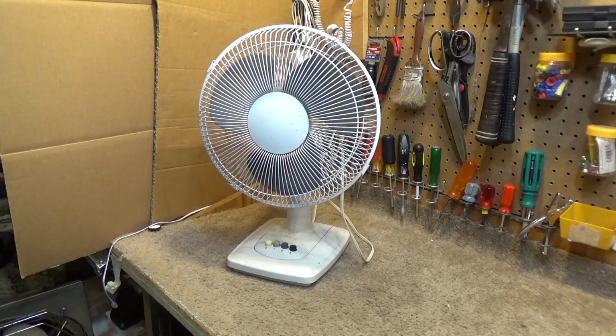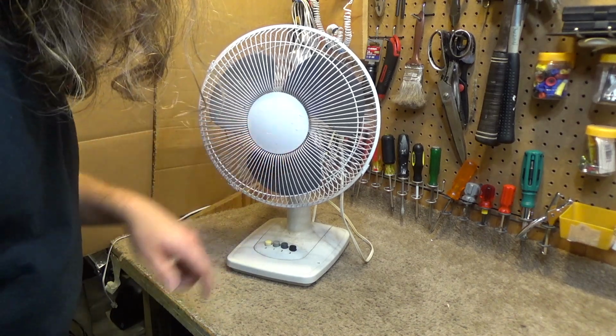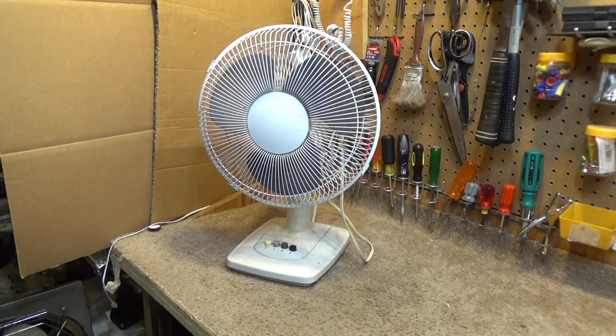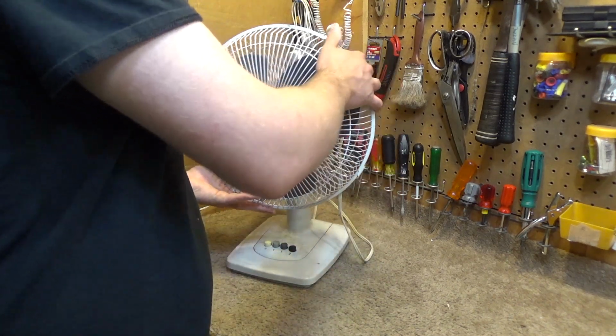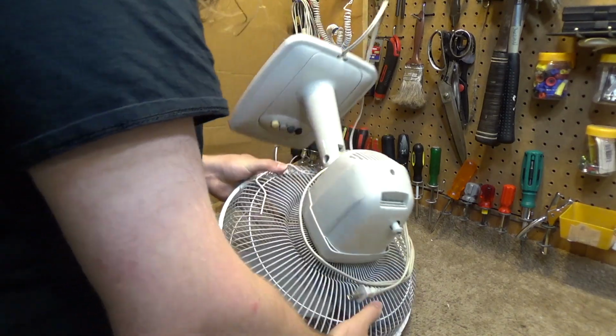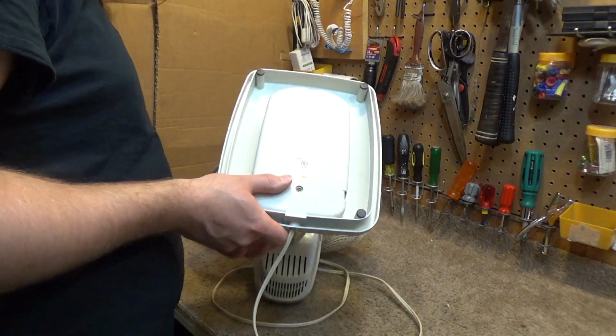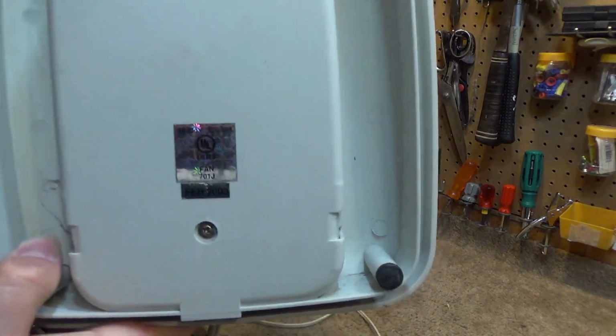Hello viewers, today for cleaning and servicing we have a Midea fan. I'm not sure what the brand was because this appears to have been painted over for some reason, which is kind of weird, but anyways, there's been a couple of suggestions as far as what brand this would have been sold under. I really have no way of knowing for certain because it probably came under multiple brands. It is from the February 2003